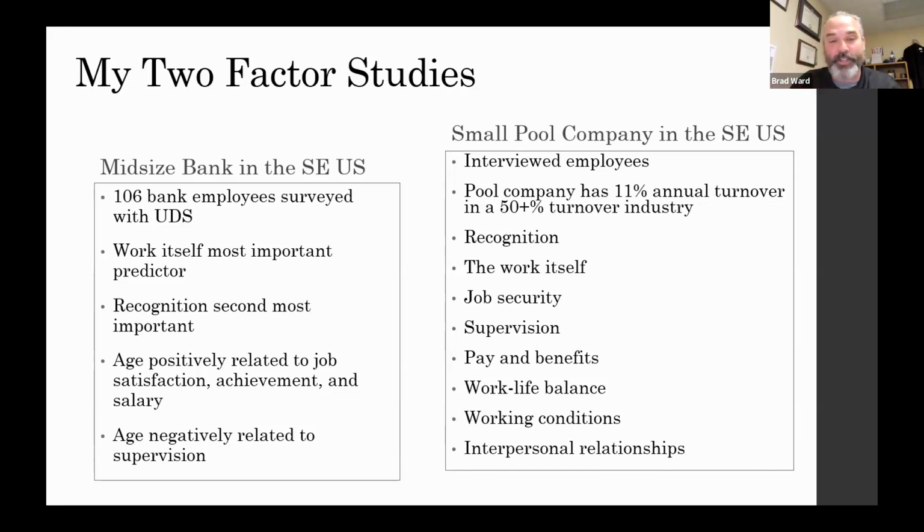So here's the biggest things they cared about at the pool company. One is they were paid well. They actually have benefits, and their hourly rate was not even close to what the other pool companies in the area were. So that's obviously important. That they have benefits in construction, and doing that kind of work, normally that's a tough sell, and the owner's like, I won't sacrifice that. And he's like, we're also known for the quality pool company, so we do charge the customer more to do this, because we fix other people's problems, and so that's how he had his margin to cover that. But that was a big thing, obviously.